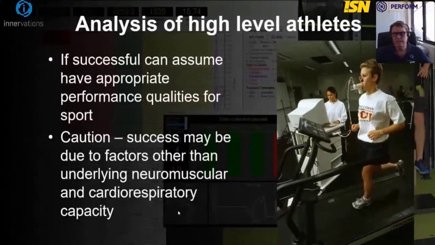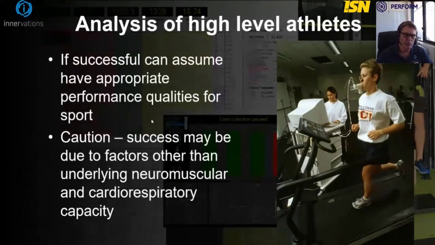So that's a physiological needs analysis. Let's move on to analysis of high-level athletes. This is very useful again, getting a profile of the top athletes in your squad. If they're successful, we can assume that they have the appropriate performance qualities for that particular sport. And that can then be used as benchmarks for less developed athletes, junior athletes coming into the squad, rookies,